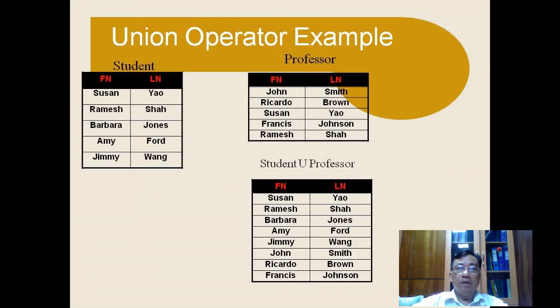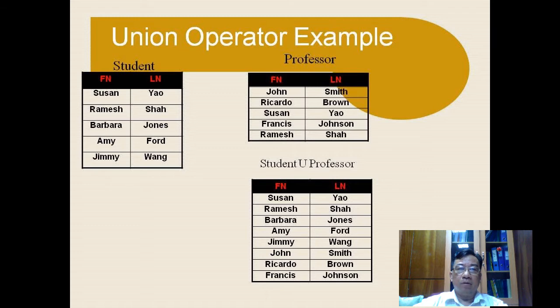Now, this is an example of union operator. I have student relation. I have professor relation. And now I make student union professor. And the result here contains